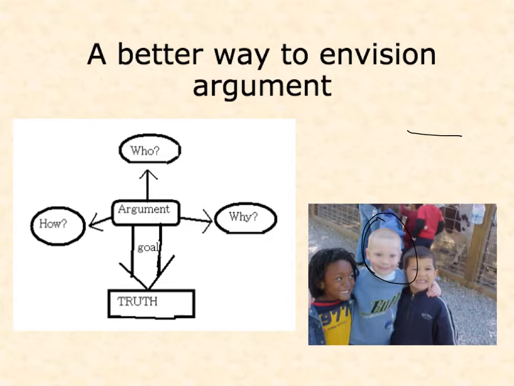So the who in this argument, of course, is myself, and it's also my son, right? But it's not just that these are two people with two opposing positions. My son doesn't hate baths. He likes playing in the tub, or he did then. I don't know what he does in there now, and thank you, I don't want to know. But at the time, once he got in the tub, started playing with his toys, he was having a good time and he would forget the television. But before I could get him in there, I had to, shall we say, negotiate, persuade. And I always won this argument. Anyone want to guess why?